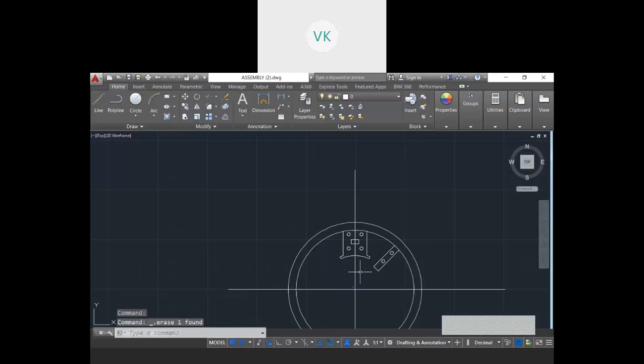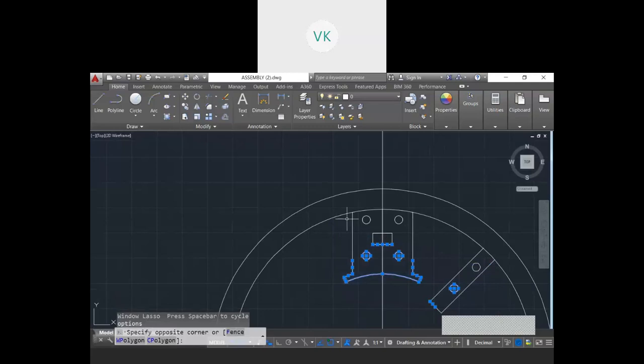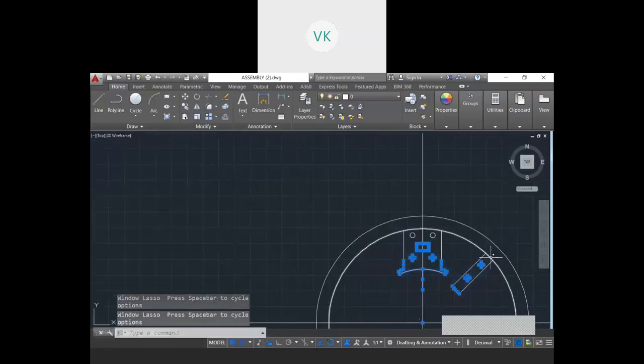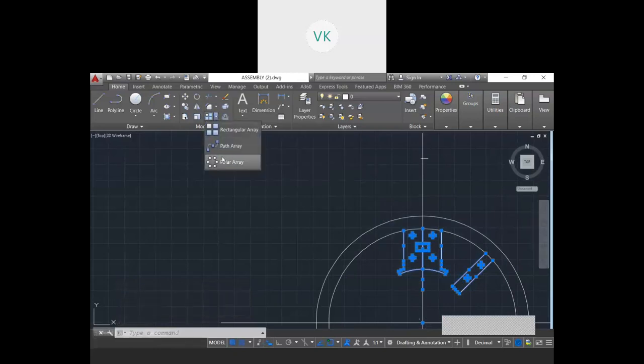Okay, now I will select this part. I will select these parts. Then I will go for an array, that is polar array.